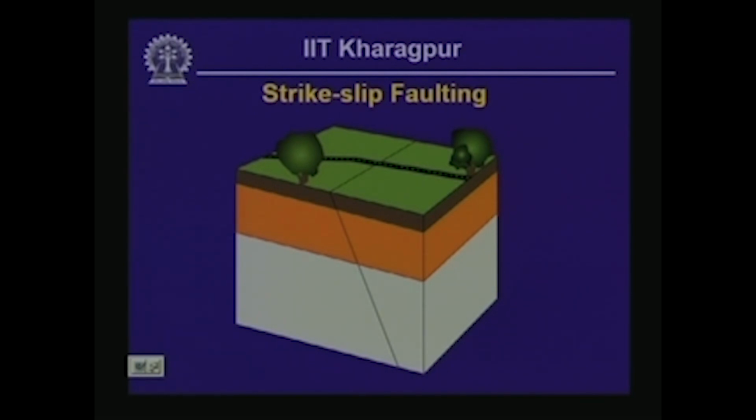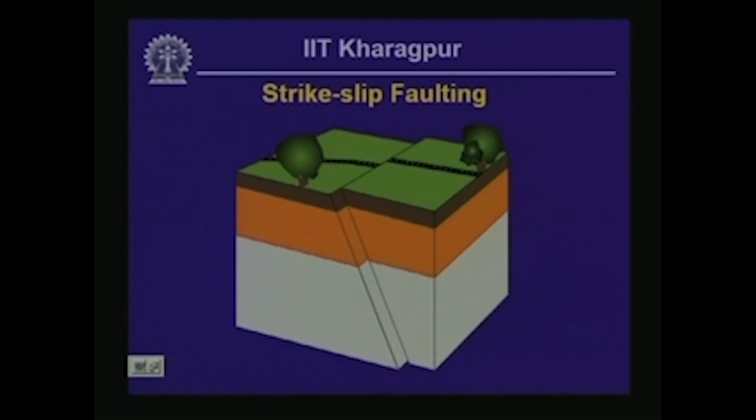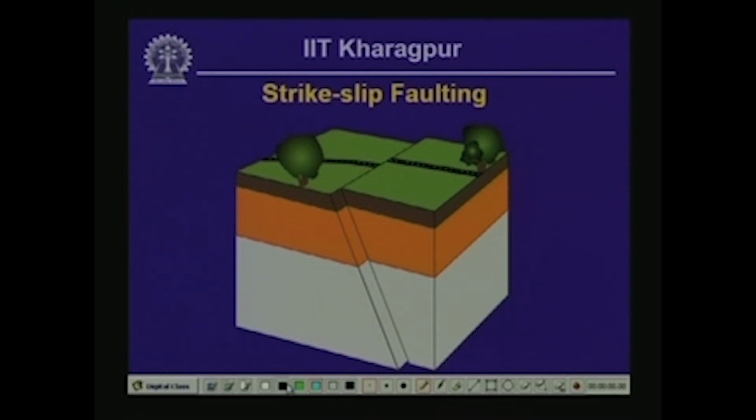So, what is going to happen if we try to move these two blocks relative to each other as we described? The animation shows the result of such a movement, such a deformation process. In this case again, the dip of the fault is going to be given by this angle. So, that is the dip. The throw of this particular fault is going to be this much. So, that is the throw,